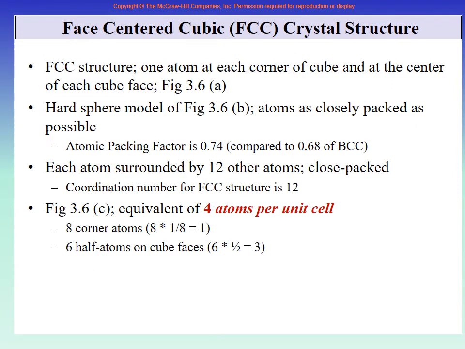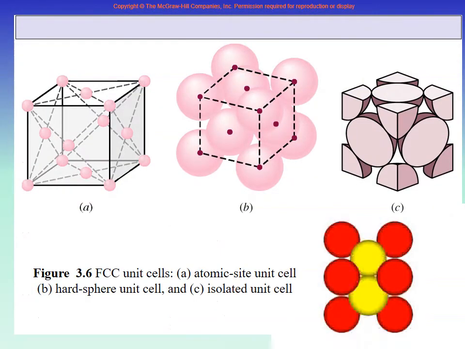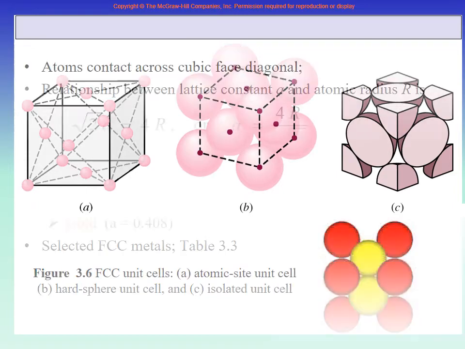Then we went to the next, the FCC crystal structure, where we found that rather than 2 atoms per unit cell, we have 4 per unit cell. And this is the overall view, where each face has a center atom, but then we try to touch each one of them, so they are touching each other, and then we cut them so that we have an exact cube. So on all faces you have half, and on all corners you have 1/8 and so on. And this is how they look if you look at it from the front.